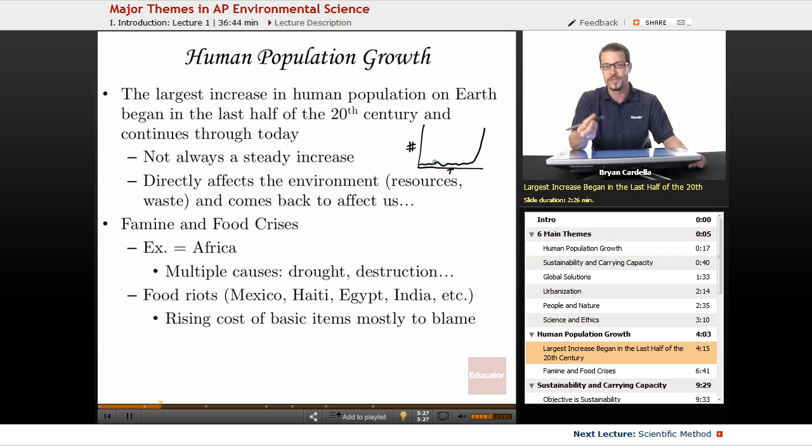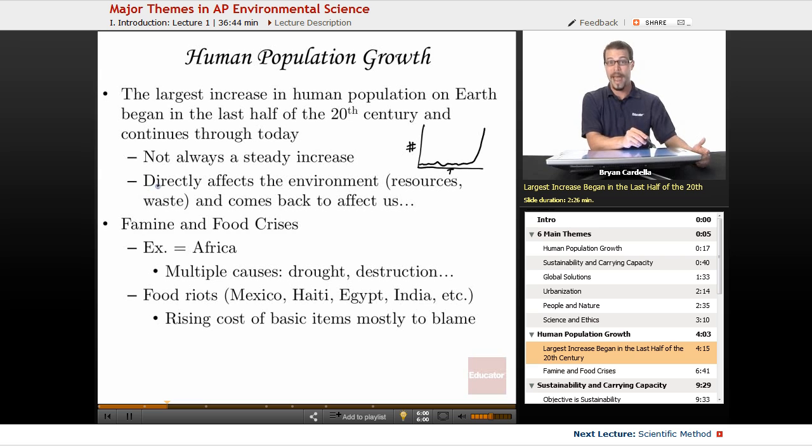So I was just approximating this, of course. I don't have the exact numbers memorized, but this drop here could be due to the Black Death in Europe, the Black Plague around the 1300s. And there have been wars, and there's been genocide and famine, and it hasn't been a steady increase or linear growth. It's been kind of steady, kind of level is what I meant to say, until boom, it rose really dramatically in the last half of the last century.